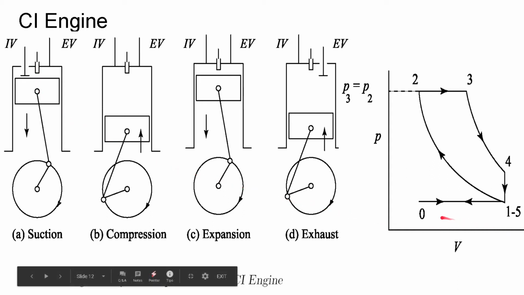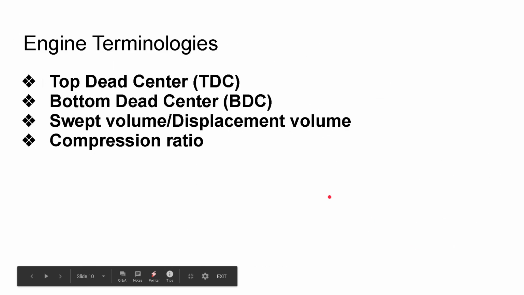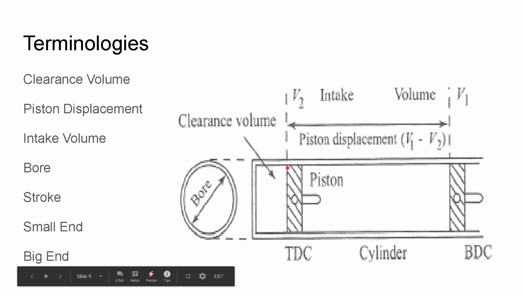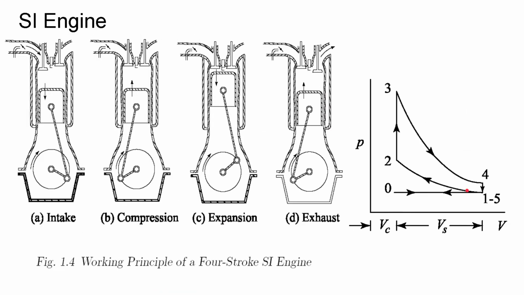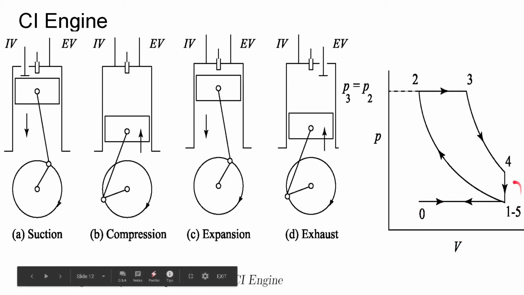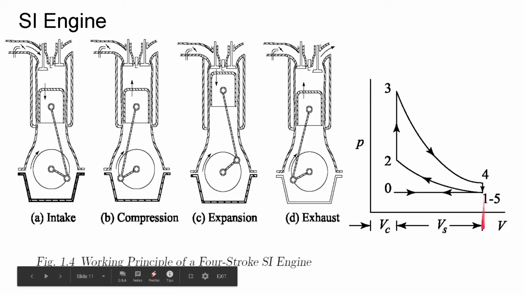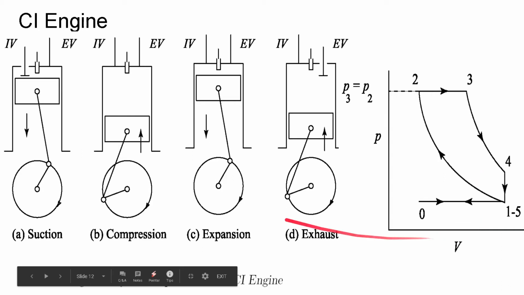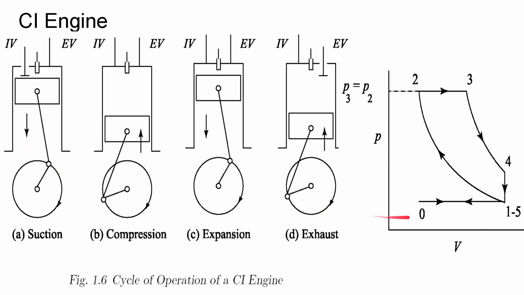So it again starts from 0. As it moves down from the point of TDC, this volume is the clearance volume. This much volume is the clearance volume. Let me show you again. So this much is the clearance volume when the piston is at TDC, and at point 5 this is the total volume of the cylinder, the combustion chamber. As it comes down from TDC to BDC, it moves from 0 to 1, and at that point the intake valve is open, so our air will come in, and then we compress the air with both the valves closed.